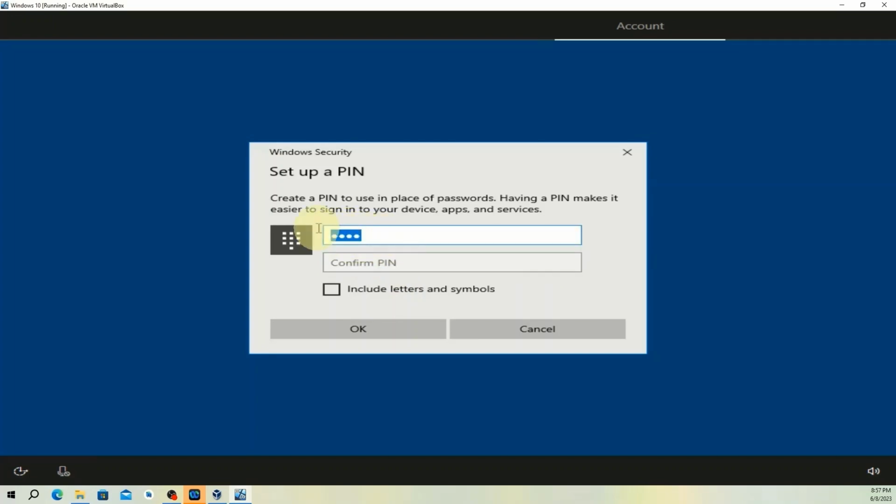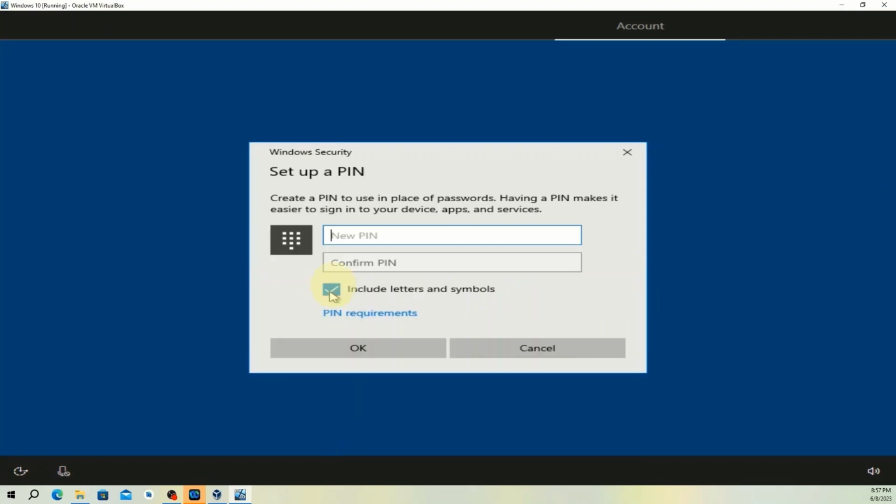If you want to make this a little bit stronger, we can add this with a letter. Okay, so let's put